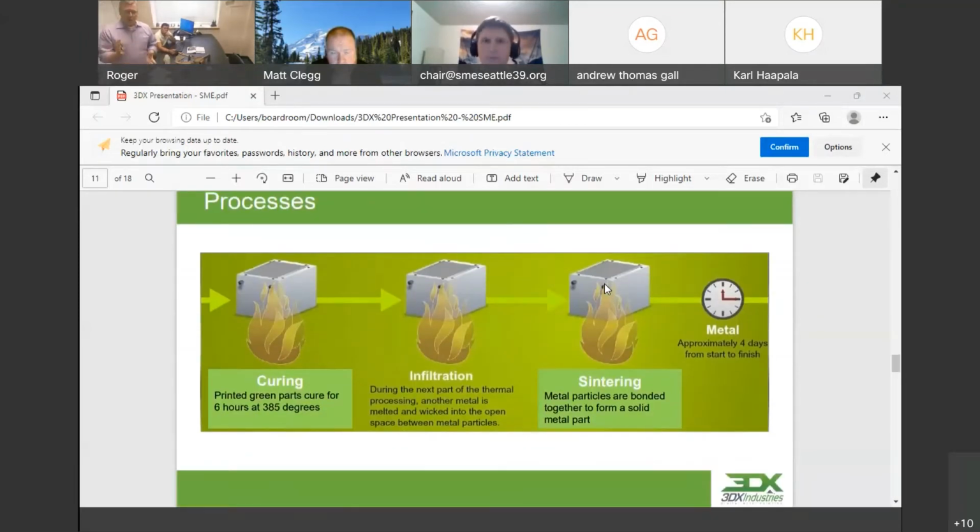So once the print process is complete, the build box, it's a stainless steel box, is removed from the equipment. It goes into a curing oven where it cures for about 6 hours at 385 degrees. And what that does is the binding agent consists, let's call it like an epoxy. And in that heating process, that epoxy then hardens up. So you remove that box from the curing oven, and you can remove those parts. It's like an archaeological dig. You're digging through the powder, and you can pull these parts out and you can handle them. They're still in the green state of that part prior to